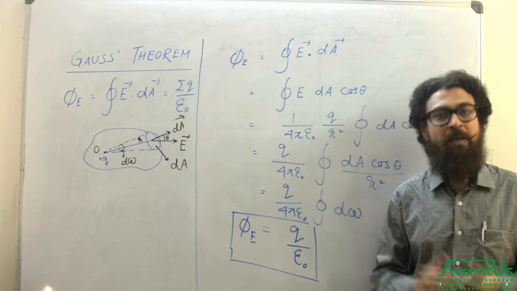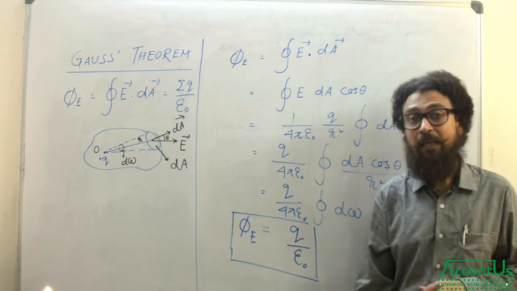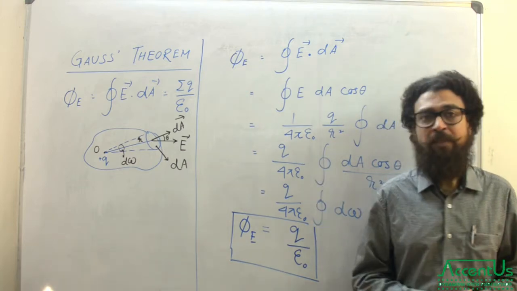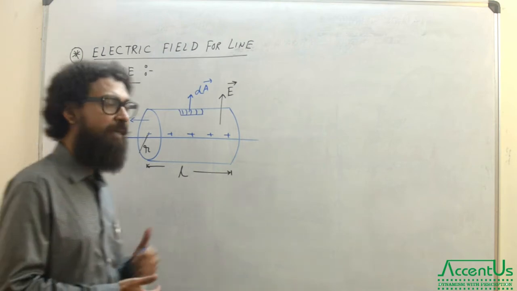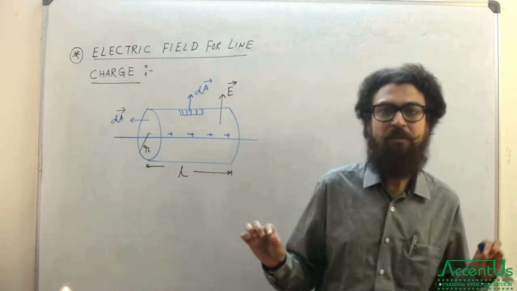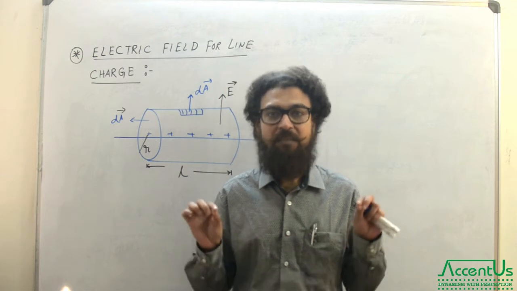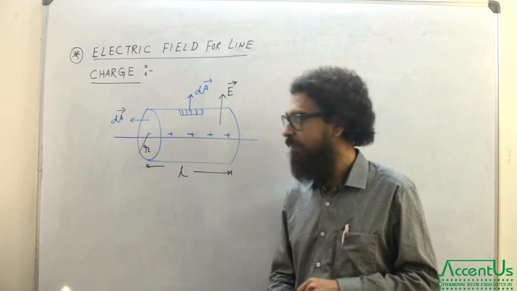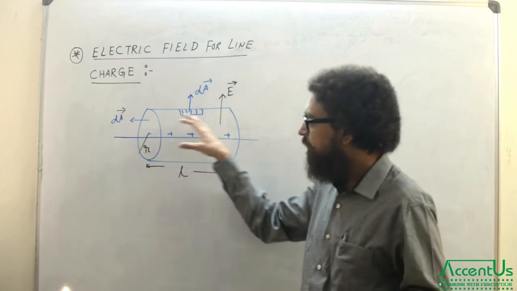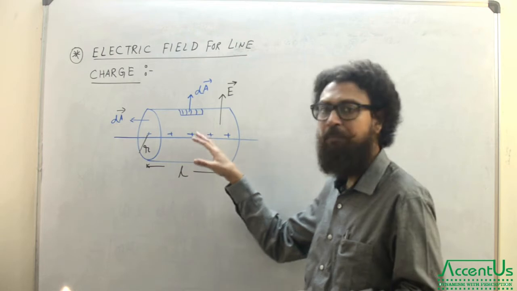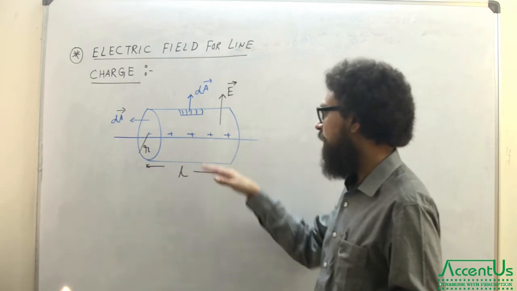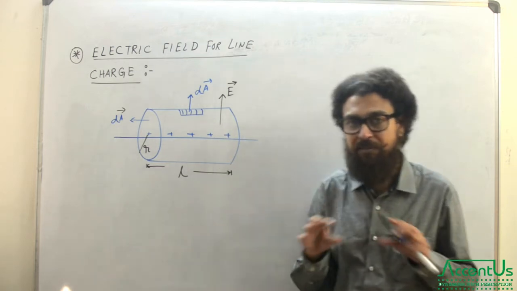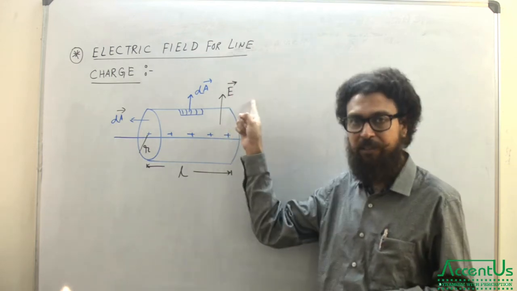Alright, so this is the representation of Gauss's theorem. Now we will deal with some particular cases where we can calculate the electric field for different distributions of charges using Gauss's theorem. Now we are going to calculate the electric field for a line distribution of charge, or in short, linear distribution of charge. I have drawn the situation here. You can see there is a line where we have an amount of charge distributed like this, and I have taken a positive charge. So obviously, when we place a positive charge, the direction of the electric field generated due to this line distribution of charge will be like this. This is the direction of the electric field.